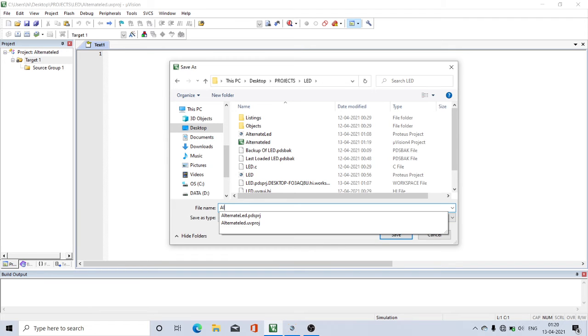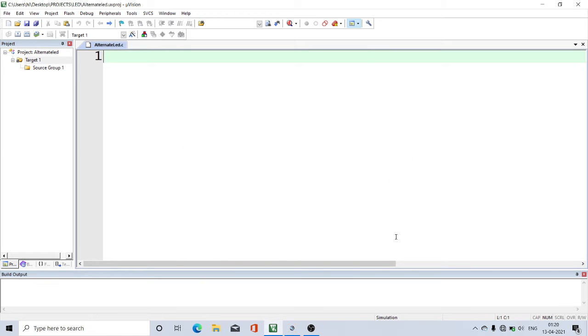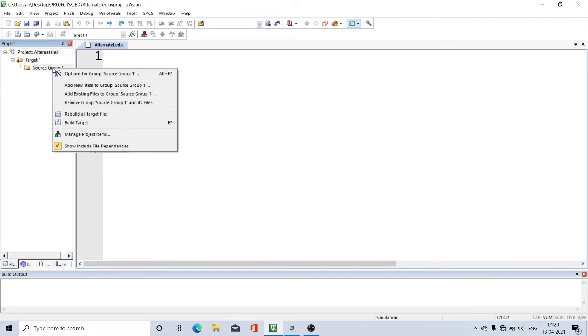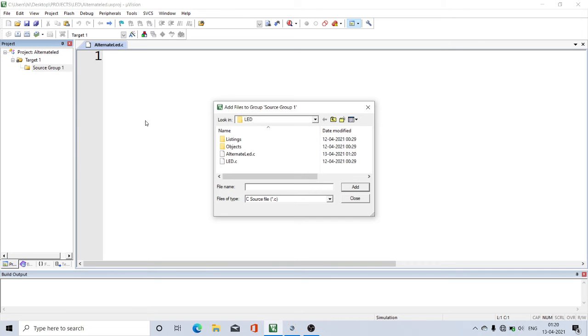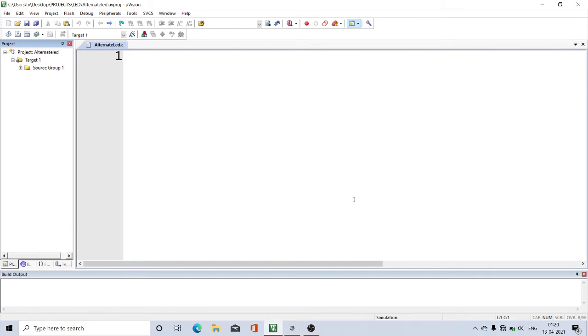The name is alternate LED.c. The .c extension is compulsory while saving. Save it. Now right click, add existing files to group, select this alternate LED.c, add, close.